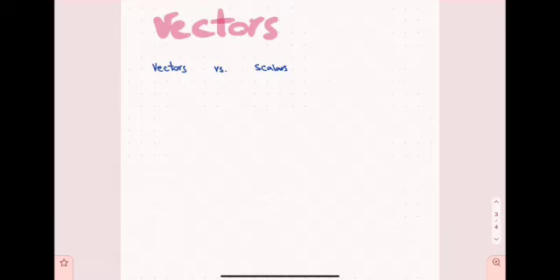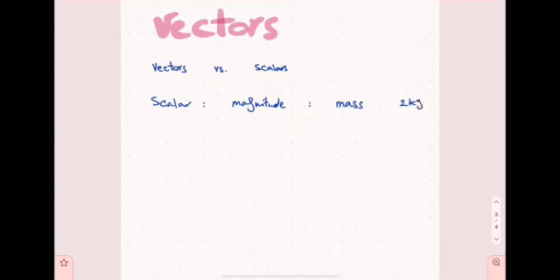Scalar is used for quantities that have only magnitudes. So let's first start with scalars, for quantities that only have a magnitude. For example, mass. If we have an object, like a ball, and this ball has a mass of 2 kilograms,